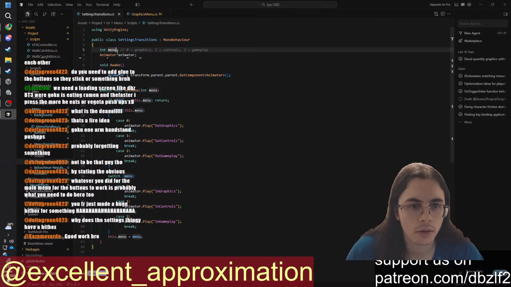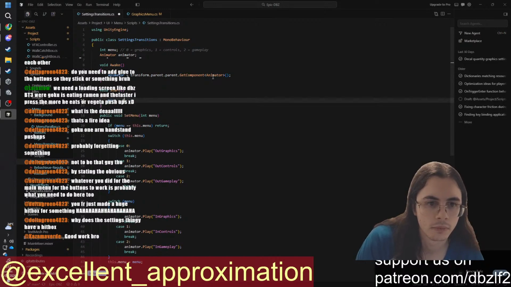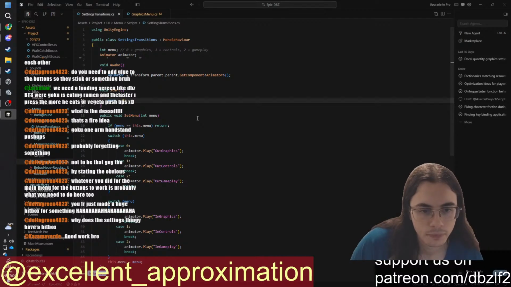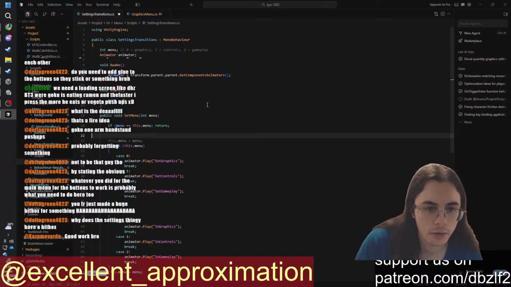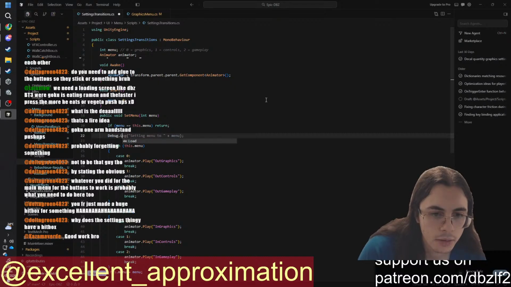Wait, what's the initial menu value? Let's make it 0 by default. Let's have some debugs here. Right. Okay, I need about